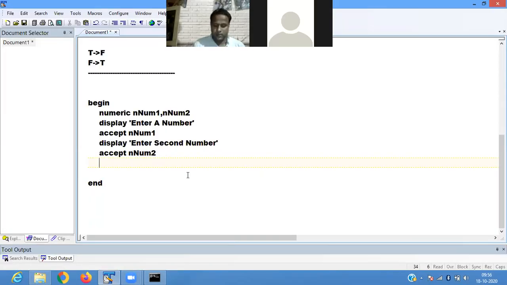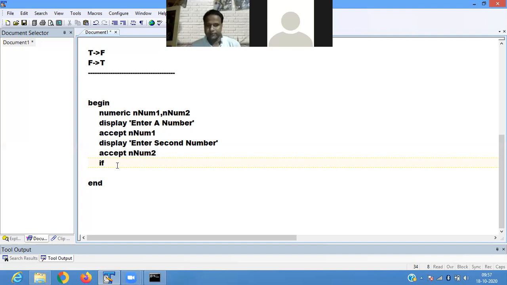Okay. Then for checking condition, we're using the if statement. If is used for checking the conditional statement in the pseudocode.